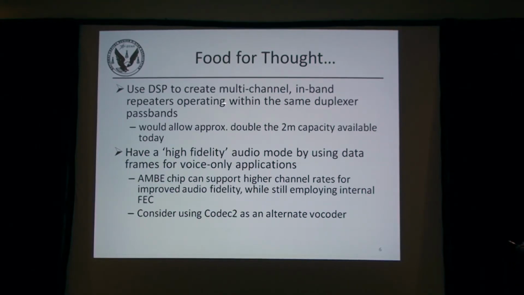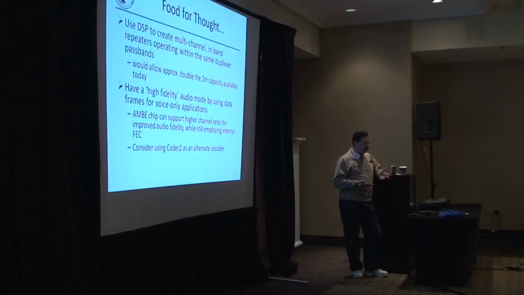Now, if I was really going to dream great dreams here, we have a lot of people who are doing work with digital signal processing. If you had a repeater just pass along the raw data stream, a 4,800 bit per second GMSK signal that's just moving along, it doesn't take a whole lot of horsepower to do anything with just that raw stream, which you're then just rebroadcasting or retransmitting over some area.